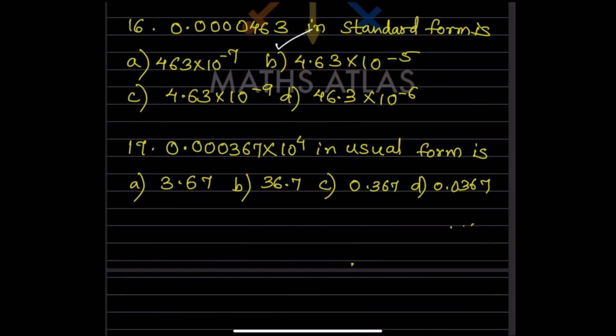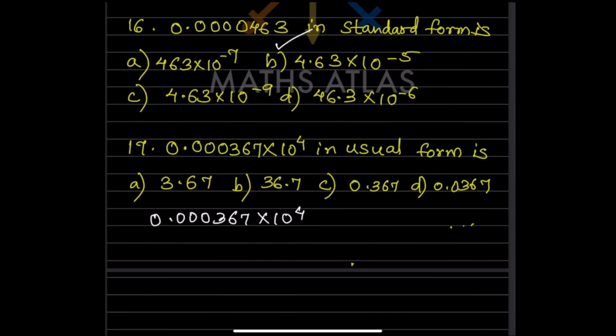Now again here, how are you going to write in the usual form? Now this is 367 into 10 raised to 4. So now actually the answer should be, if you are writing here 3.67 and you are going forward here 10 raised to 2. So I'll show you how to do this one. 0. How many? There are 3 zeros. 367 into 10 raised to 4.